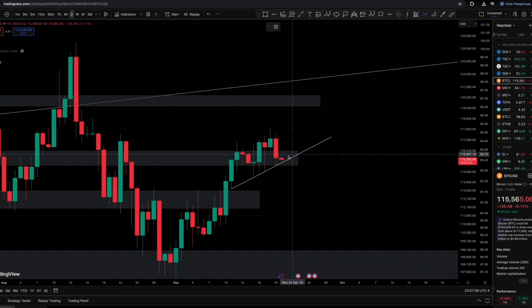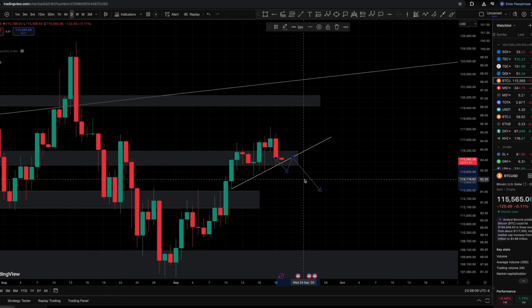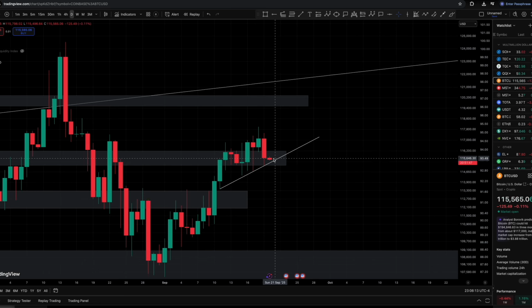If we do lose it, if we lose this upward sloping trend line and this key structure right here, then we could be looking at some kind of move down, retest, and potential move to this next structure, and then maybe find a bounce there. Hopefully we just hold this